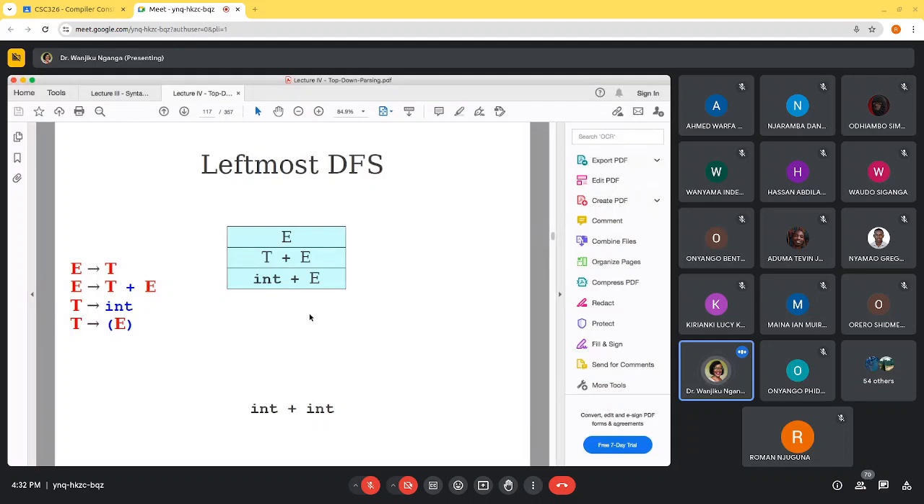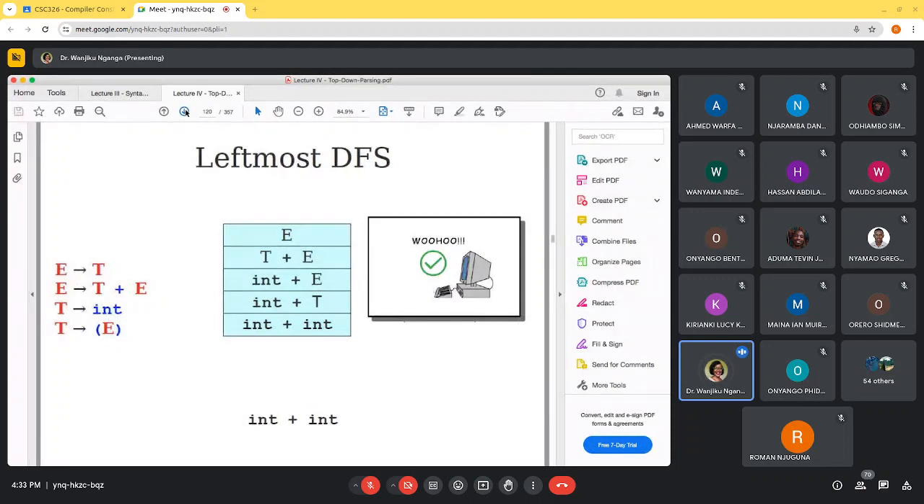In this case, again, we rewrite the leftmost non-terminal. Here we have a match, int plus. So we rewrite E, and we've chosen to write E as the first branch, which is T. Then we write T as int. And we have a match, because now we just have terminal symbols: int plus int, which matches int plus int. Okay? So you see that leftmost DFS,